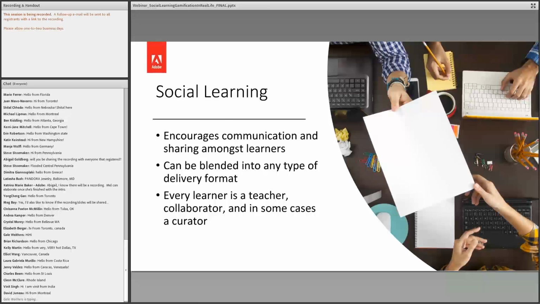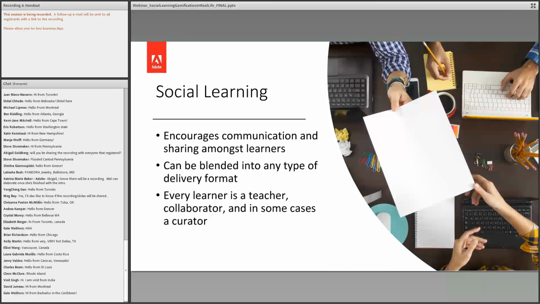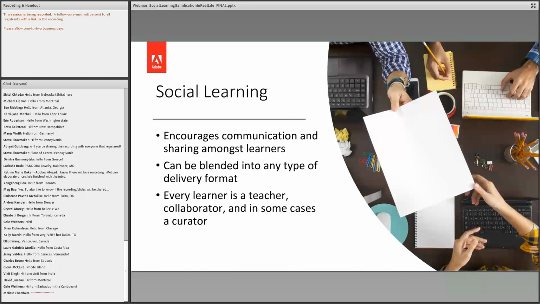All right, so to just start with social learning, this is something that I think is important to define because there are a lot of different definitions floating around the internet, and some people feel like social learning is a more specific concept. Some people feel like social learning is a more broad concept, and I'm actually kind of more on the broad side. So if you want to share your thoughts on how you would define social learning, go ahead and start doing that in the chat box.